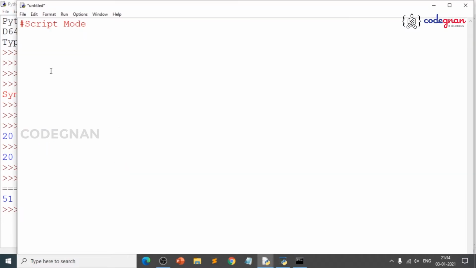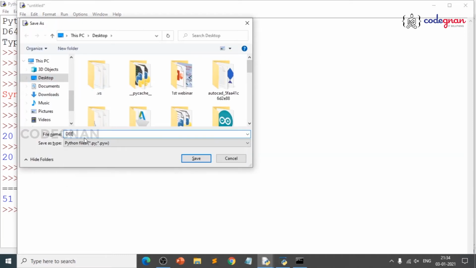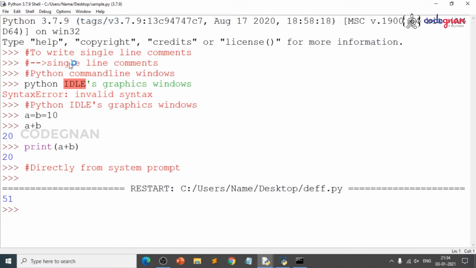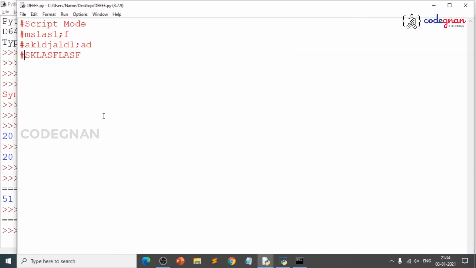If you have multiple lines, something like this, how do you comment them? You can do it in two ways. The general way is you write a hashtag, but that becomes hectic, right? You need to put a hashtag on each and every line. You save this at any location and execute it. It doesn't do anything because nothing is being printed, since you are making every line a